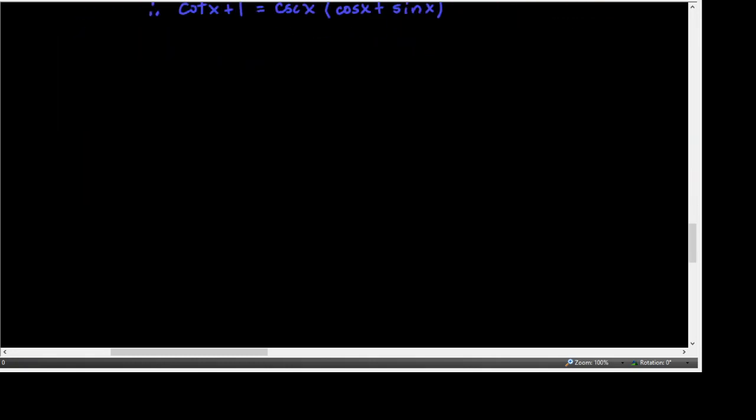Okay. So let's do another one. We're going to prove that this equation is an identity. Okay, so prove